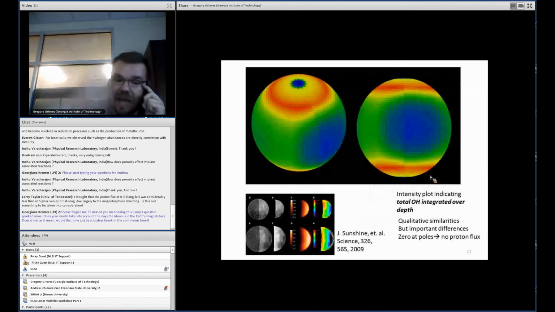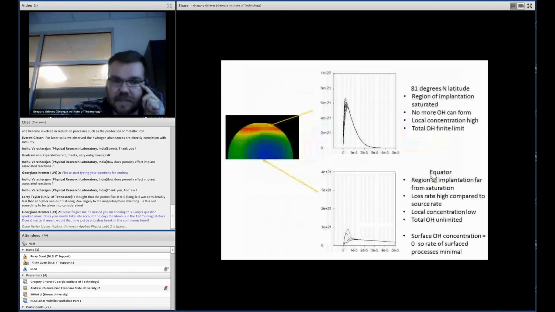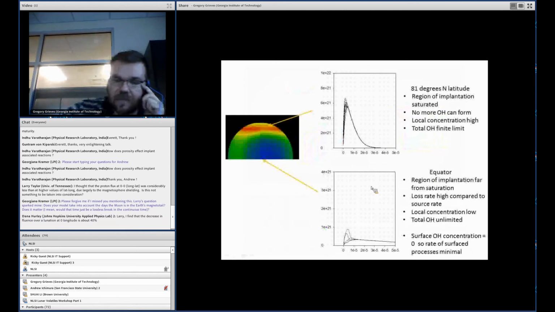So here are these results plotted over a spherical map, and you can see that this center line here is the noon time. You can see that there's a dawn-dusk asymmetry, as I pointed out previously, and you can see how the OH intensity grows toward the poles, but then drops to zero at the actual north and south pole. And this shows some qualitative similarities to the observational measurements too. This is a graph showing the difference between the